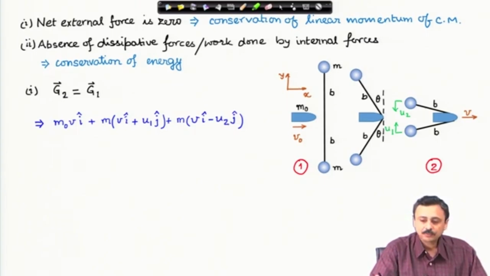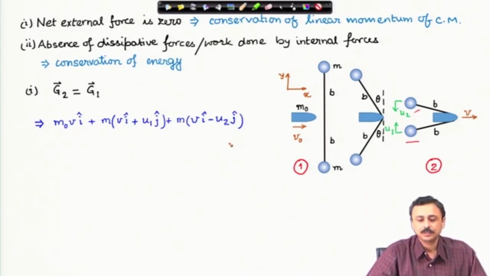plus mass of the lower sphere. This one is m, mass of the lower sphere is m times velocity, absolute velocity of the lower sphere, and that is moving with velocity v in the x direction, i cap direction, and u1 in the j cap direction, plus the upper sphere, mass of the upper sphere m times velocity in the horizontal direction, which is v i cap, and minus u2 j cap. So, u2 is the relative velocity. Therefore, the absolute velocity of the upper sphere is v i cap minus u2 j cap, and hence